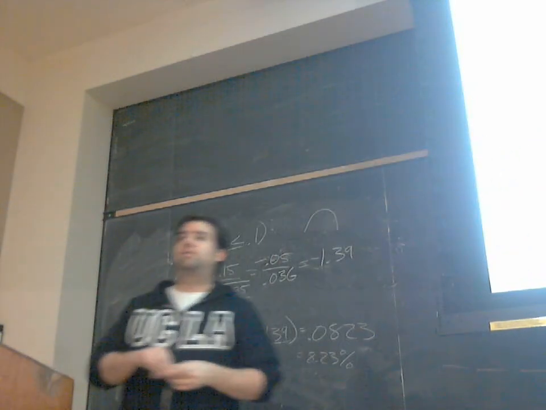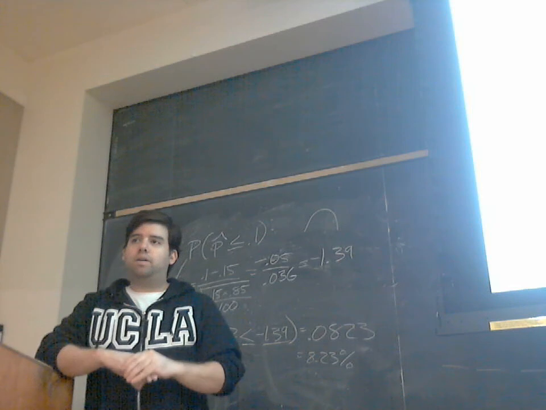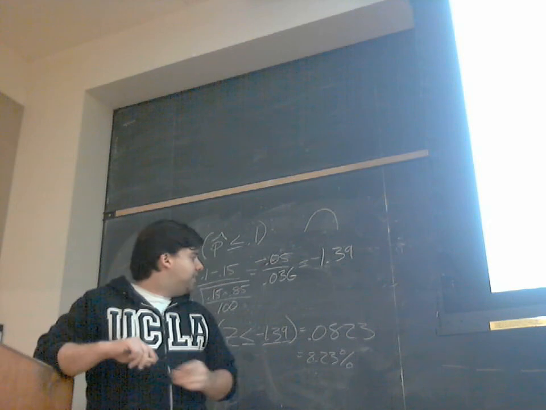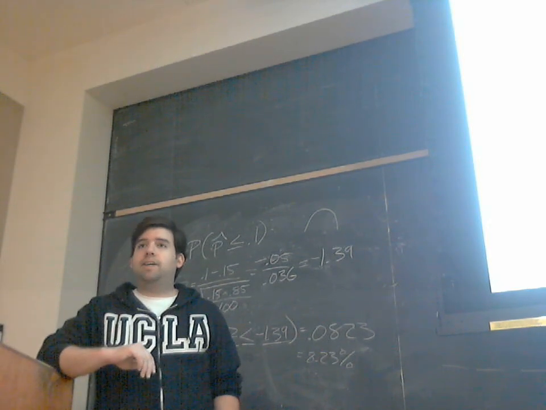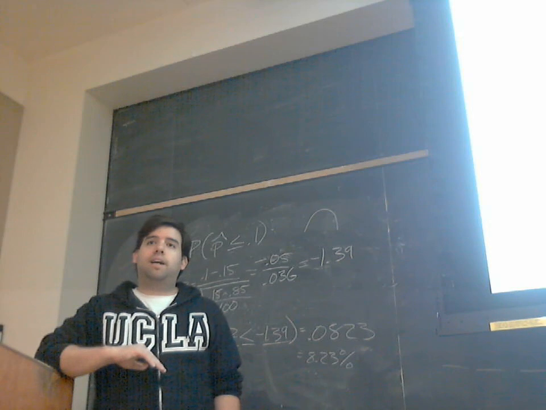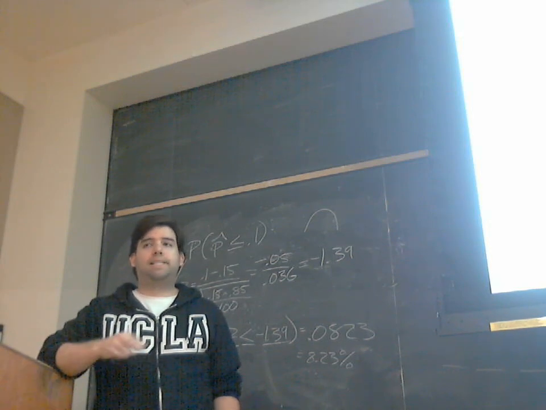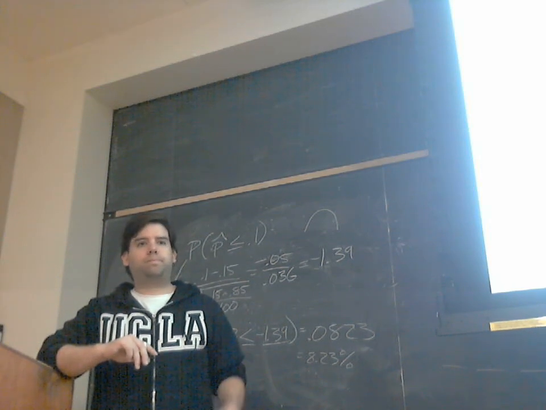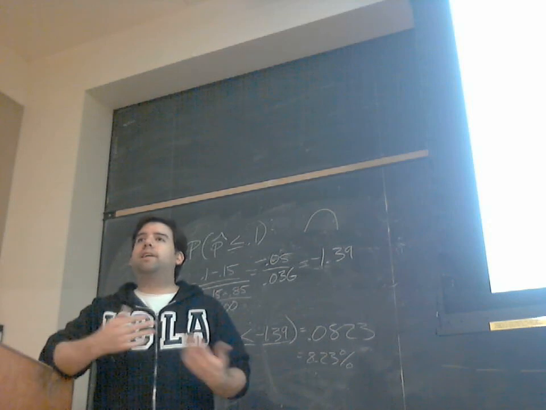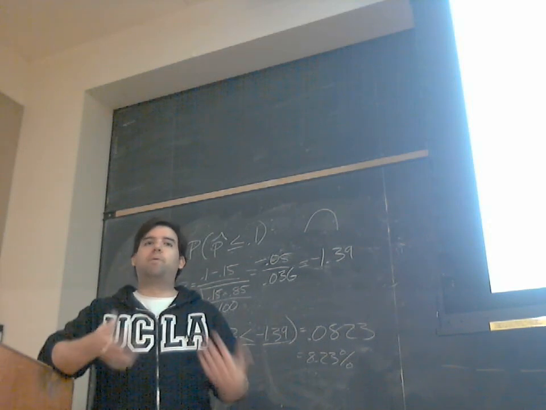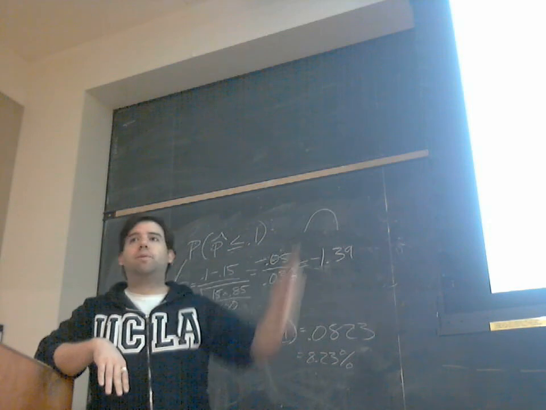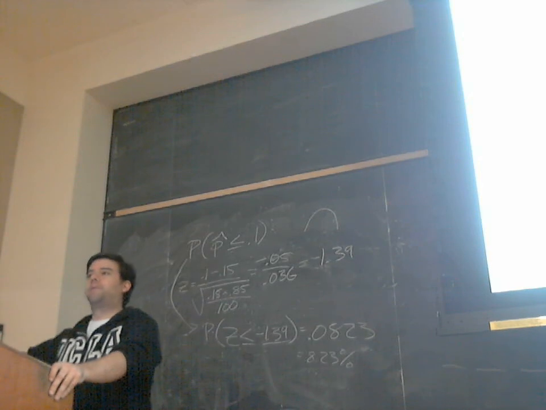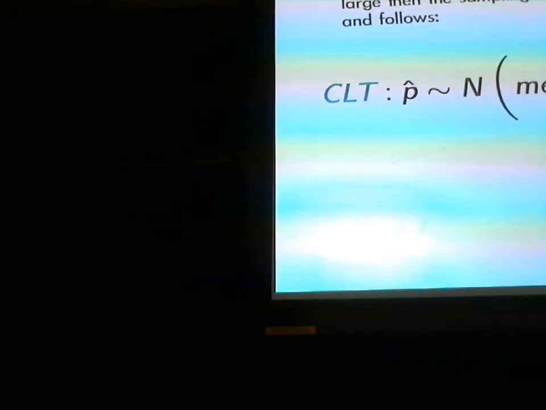Yes. If 15% of all songs are classical, then there's an 8.23% chance that in my 100 songs, I get 10% or less being classical. So in other words, we're looking at the probability of getting something other than what we expected. We always expect p, whatever p is. But because of sampling variability, there's a chance we could get something other than what we expect. And that's what we're doing, finding the probability of getting something other